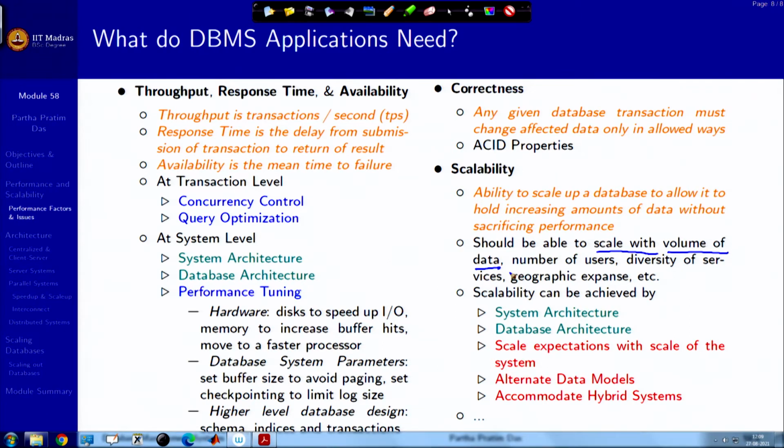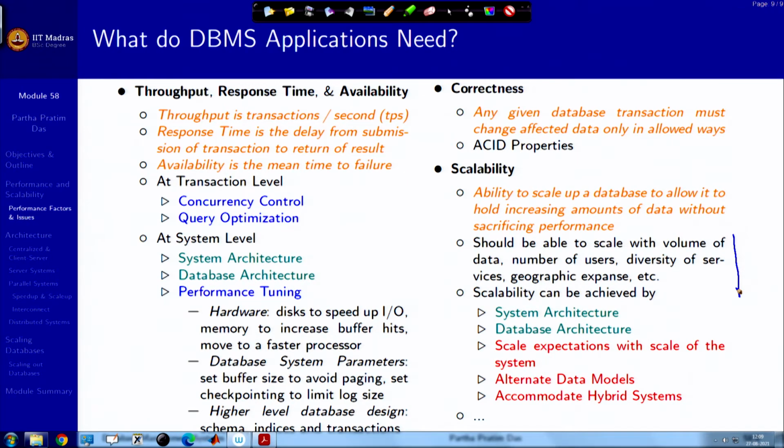itself. There could be a very sharp increase in the number of users. There could be an increase in terms of the diversity of services that I provide, right. So, the transactions and applications on those transactions, or it could be based on the geographic expanse of the database. I mean, just in your organization, in your office, or in your city, or in your country, or across continents and so on. So, these are the different factors which are decided based on the type of application that you